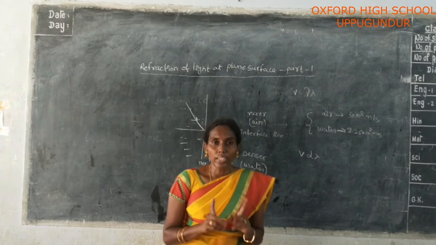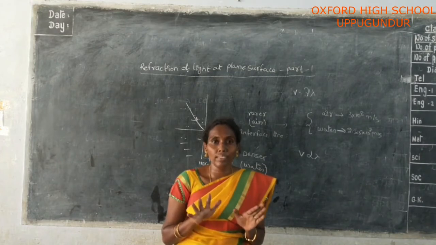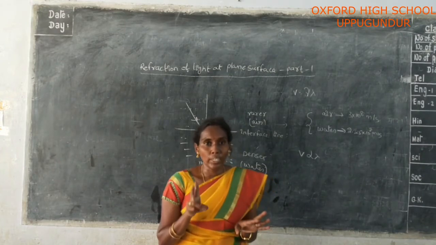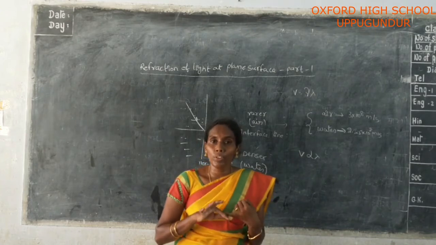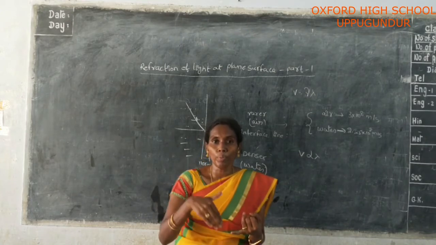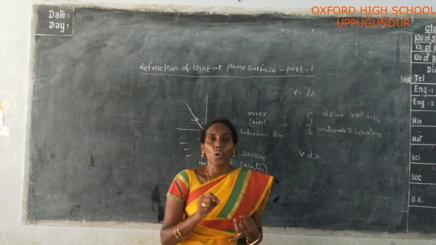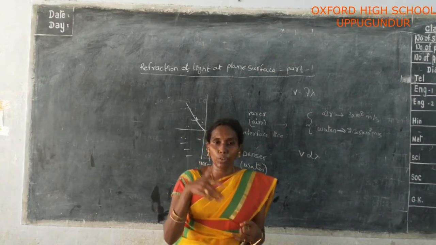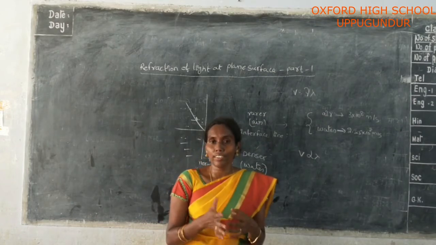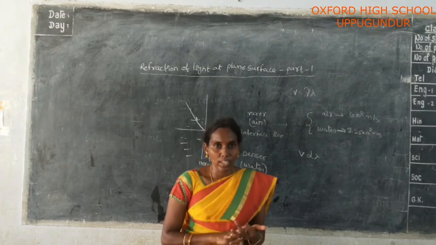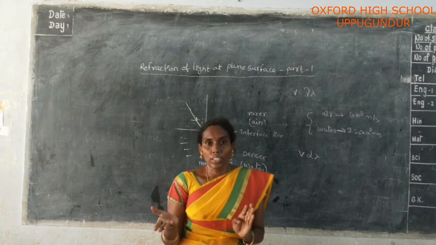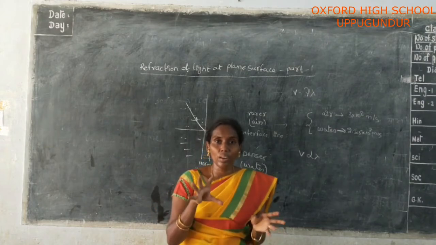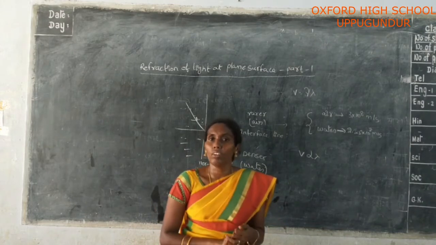Refraction always takes place in two media. The examples of refraction are: the size of the lemon appears increased when it is dropped into a glass of water, the coin appears raised when it is dropped into the glass of water, the twinkling of stars, and the daytime being greater than the evening time. These are all examples of refraction of light.